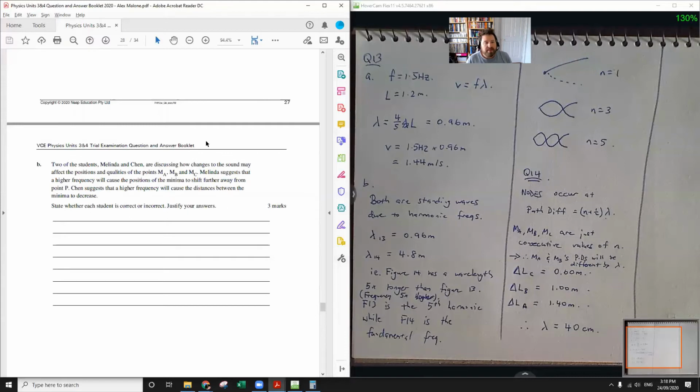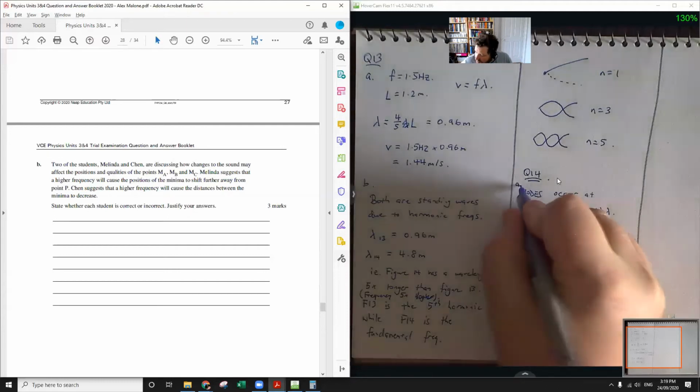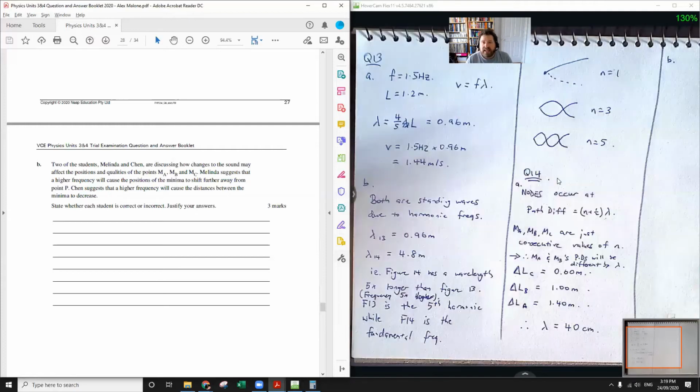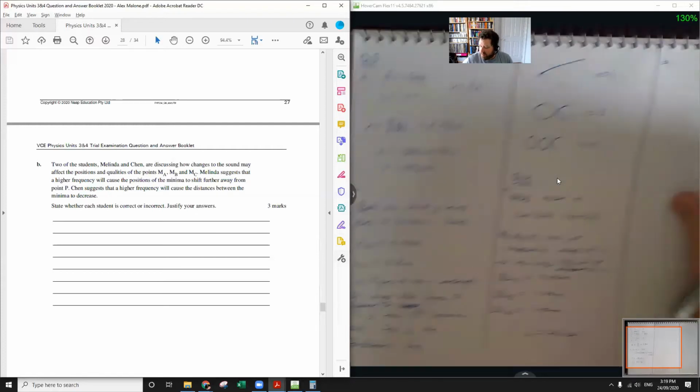Okay, so putting a higher frequency in is going to shorten the wavelength, which means you're going to shorten the distances between nodes. You're going to create a sort of denser pattern of nodes and antinodes. So you could sketch that out generally, and you could make your case in broad terms in that way. But probably a more effective system is to say,